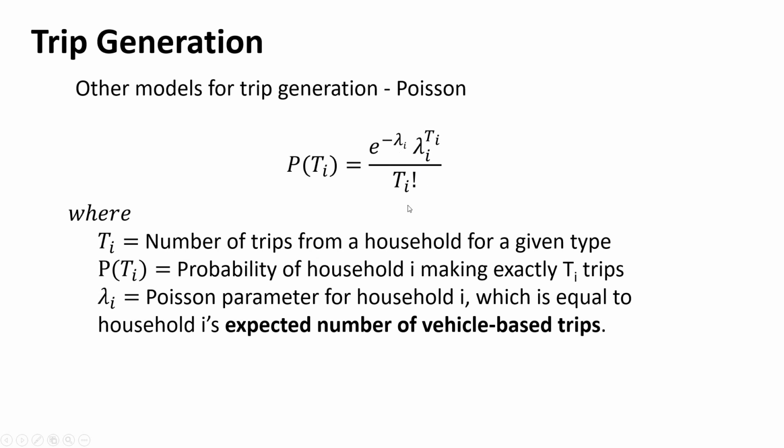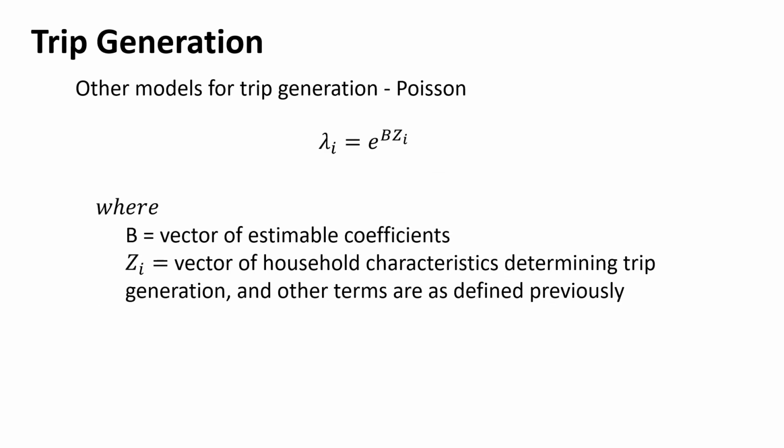All right, so before all we had was an expected value. Well, now we can also fine tune and look at, what's the probability of no trips? What's the probability of 10 trips from this household? There's some distribution through that. What does that distribution look like? That's what we're going to use that for.